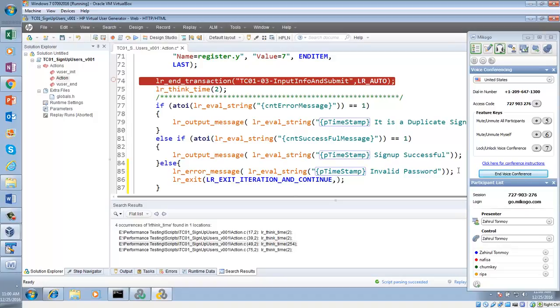And then here I have to give LR fail. So see here, I am bringing two new statements here. The first statement is